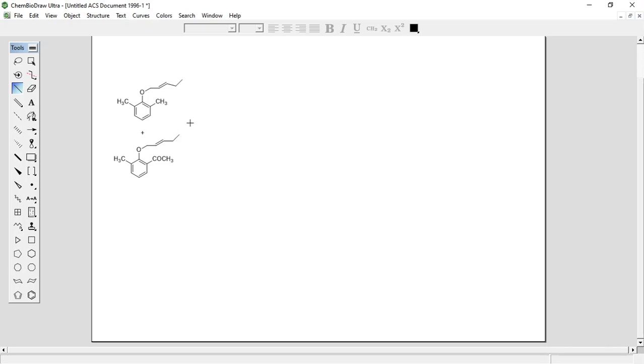Okay, so these are the starting materials for the Claisen rearrangement, allyl phenyl ethers. These are similarly constituted but non-identical. So we are doing the reaction of this mixture of two reactants. This is your first product, and the second one is